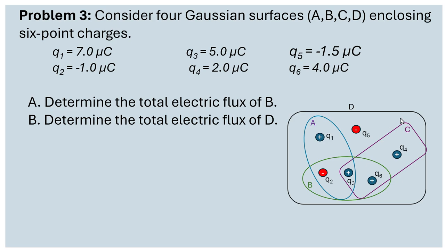If we look at this diagram here, we have container D that contains all of the charges, container A that contains only Q1, Q2, and Q3, and the rest also have different charges inside them. Now, remember, in Gauss law, we are only using the charges that are inside the container. Okay, and the formula for the Gauss law is